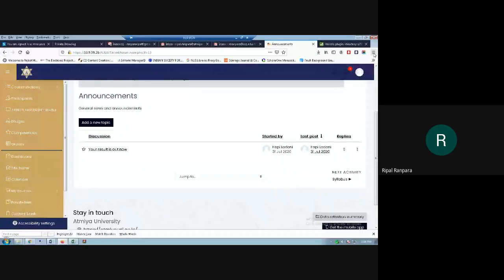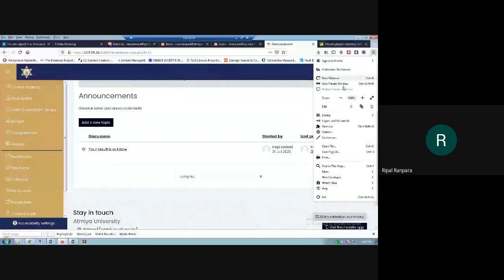Okay. What you can do is, let me share my screen again. For that, you need to open this in a private mode. How you can open private mode: click on Firefox, and here, as you can see, new private mode. If you click on this, we'll see the fresh screen of AULMS. You can see the incognito mode. In Chrome it is incognito mode, in Firefox it is private mode. So I should open it in the private mode, that is incognito mode. Yeah, you can do that. Yes, sir. Let me try it.